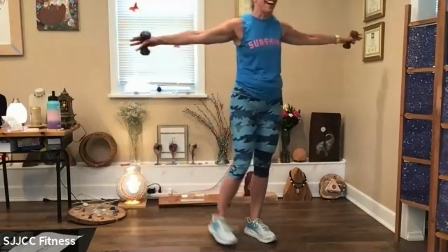Keep those arms up. And again, the shoulders, they're chill, right? They're working. They're like, all right, well, shoulders, that's pretty important. That kind of connects the arms with the torso. We need that, right? But we don't want to blow it out. That's where that rotator cuff flows out. That's why we're working the supporting muscles to help that shoulder. Here we go. 8 and 7. Last 6 and 5 and 4. Last 3 and 2